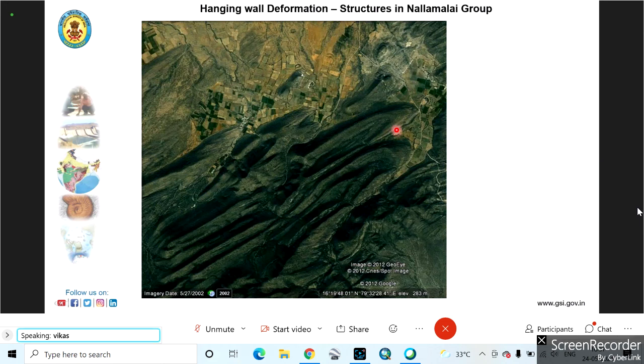That synform is actually missing because where the cursor is right now, you can see that the beds are dipping towards east, whereas just the southward limb is dipping towards northwest. These two are forming a very close fold, very close synform. But actually that synform should have an overall width similar to that of the antiform. So like that we have interpreted that. And when we went to the field, next please.